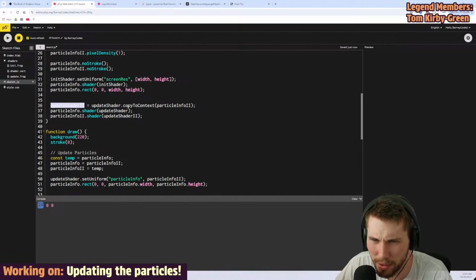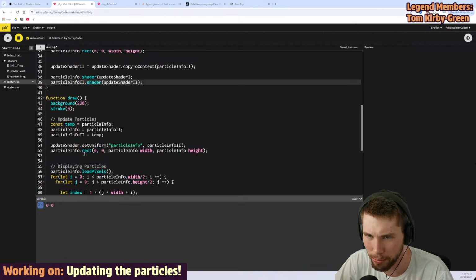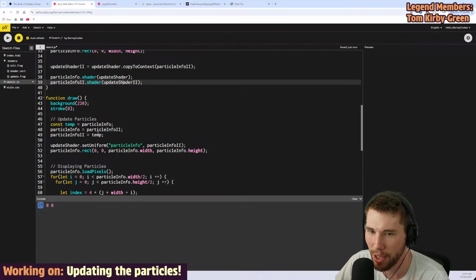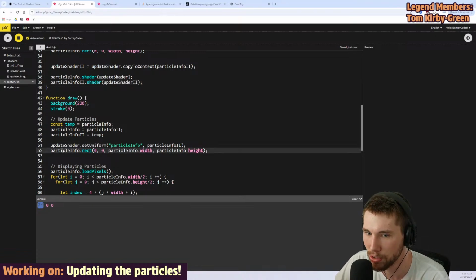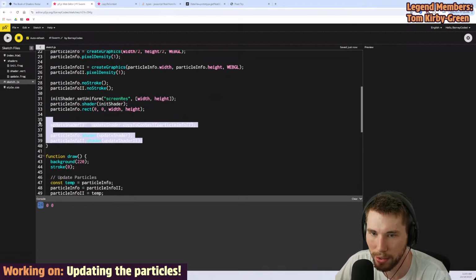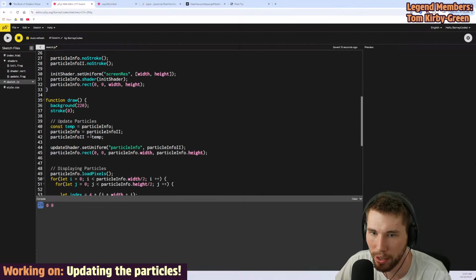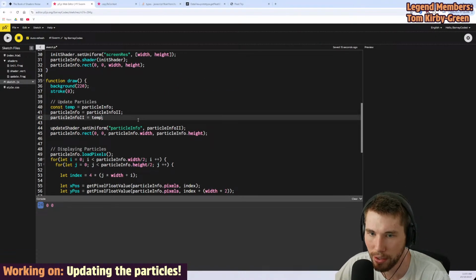So now we have a second update shader that we're passing in, because what was happening, I believe, is each time we were setting this uniform on just this shader, which is only being used for this. Actually, you know what? I think there is a better way of doing this. So I'm going to get rid of that, and I'm going to get rid of that. And we're going to say